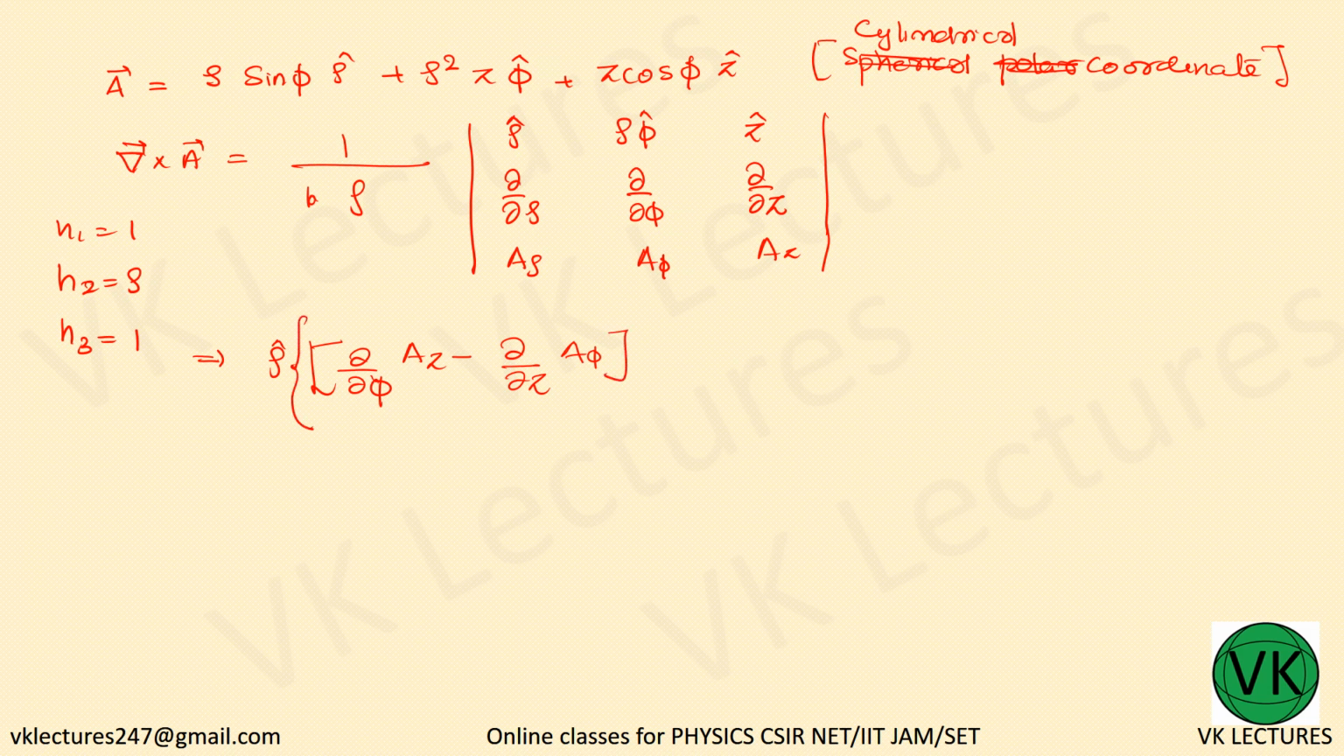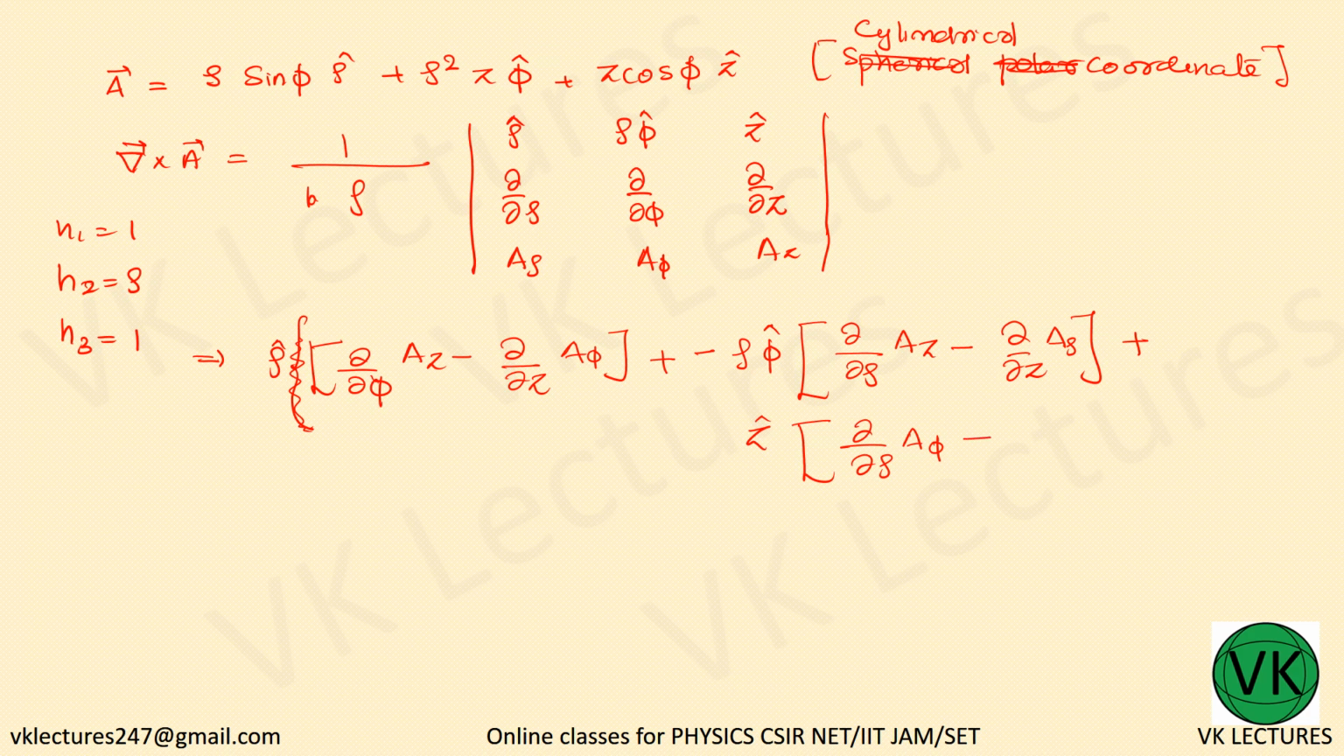This is within bracket, sorry, yeah, plus minus rho phi cap into dou by dou rho of Az minus dou by dou z of A rho, plus z cap into dou by dou rho of A phi minus dou by dou phi of A rho. Okay, so